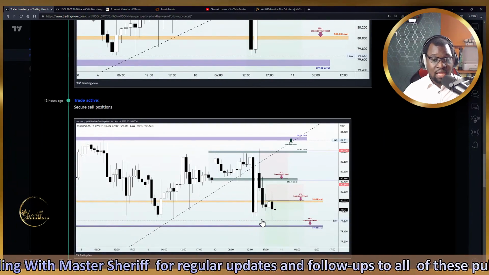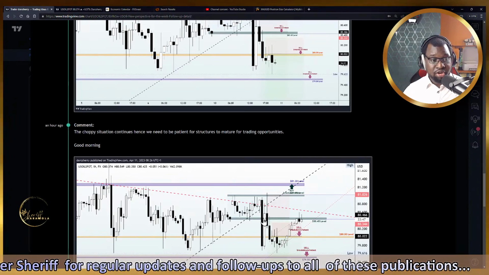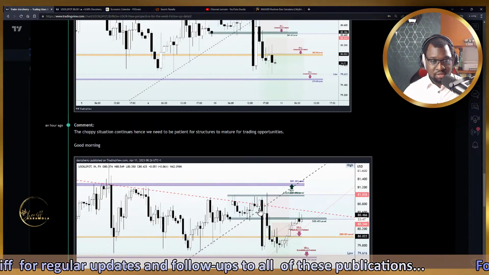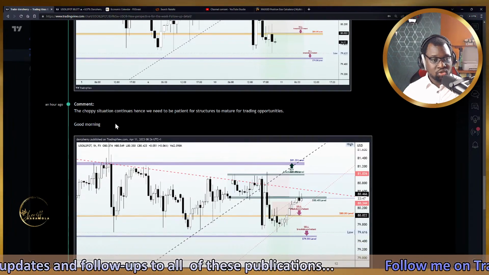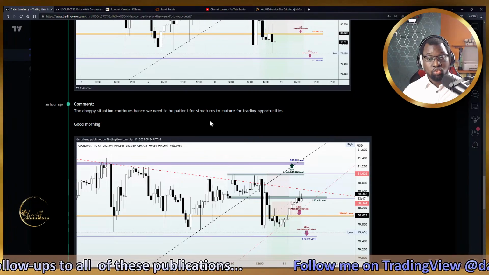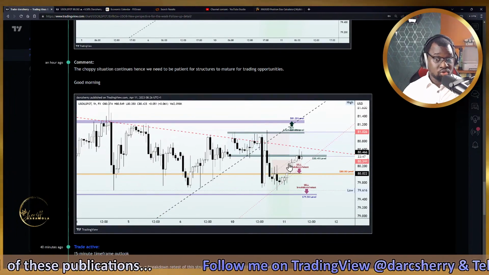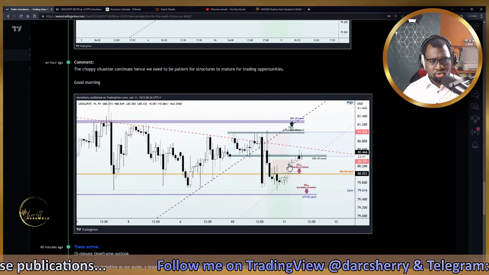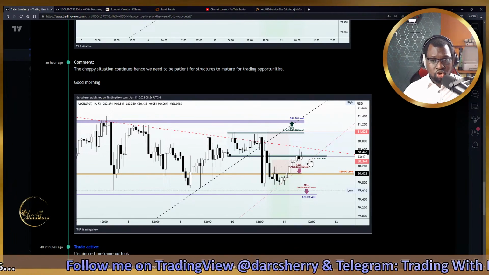Price action moved in our favor for some time before we begin to see buy pressure resume at the beginning of this morning. And I stated here this morning that the choppy situation continues, hence we need to be patient for structures to mature for trading opportunities. So at this point, I really did not know what to do here because I needed to see further confirmation. Though we had price action come back into the